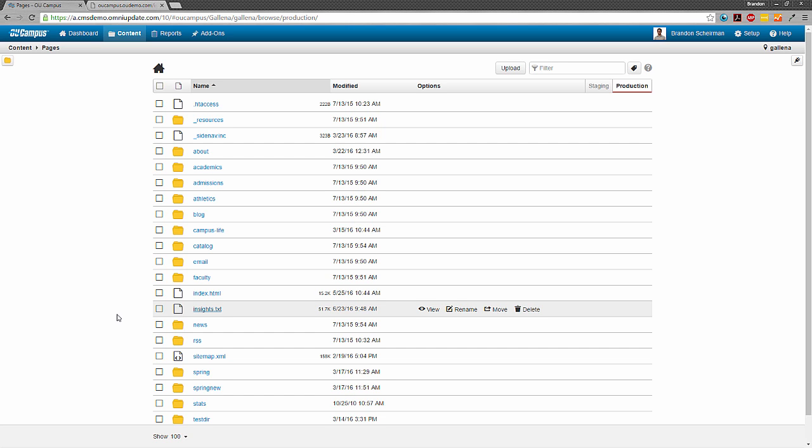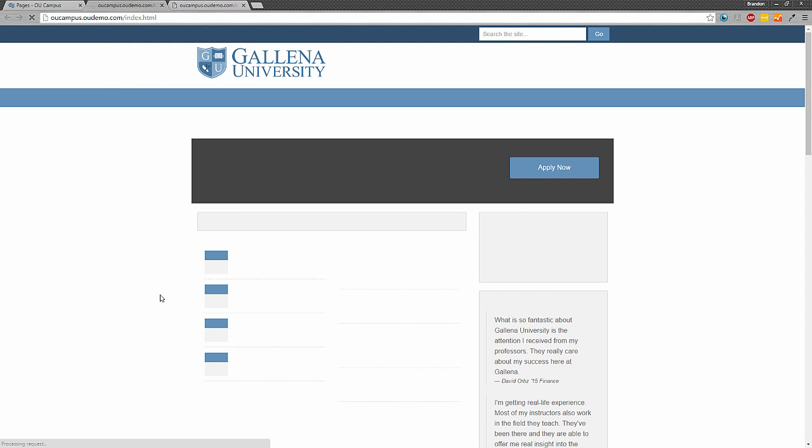Now, the final thing that I want to discuss is how Insights knows whether a web page is managed from within OU Campus or from outside of OU Campus. Essentially, how that works is, let me just look at this index page here.